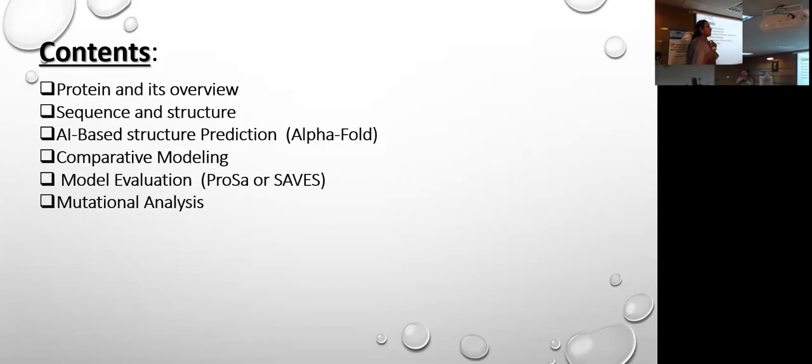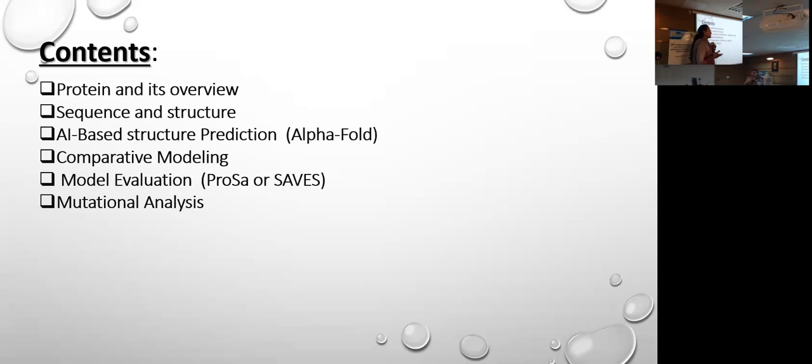It starts with protein, because I know most of the participants are not from a biological background, right? How many of you? Let's be more interactive. Okay, I'm from chemistry, purely chemistry. So there is an overview for all of you of the protein and its basic structure, followed by sequence and structures, how many kinds of structures are present, and what we can utilize in this workshop, and the AlphaFold specifically. And as Dr. Vyas said, AlphaFold won the Nobel Prize last year, and it is based on AI-based predictions of structures, and it is very quick.